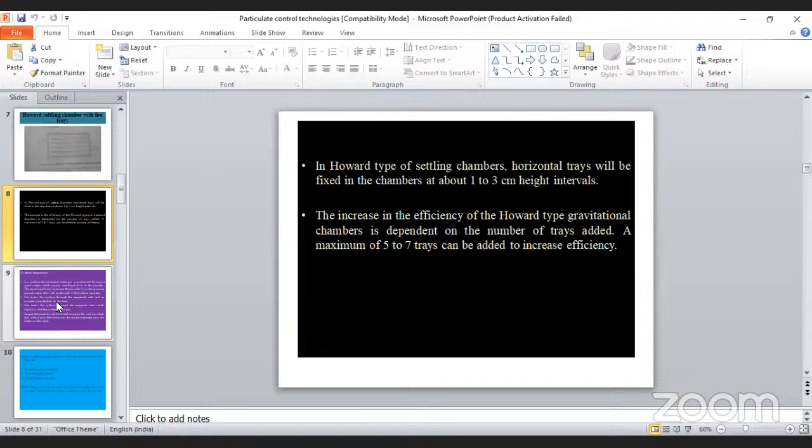This is not a very huge unit, and this multi-tray type also people are using many times. When it passes through, the only thing is they have to find out the way where it comes out. If it comes again, settles down and mixes with the process itself, it is not a good practice to eliminate the particulate matter. So the entire exhaust has to be connected, then the total gas stream will be purified from the particulate matter. Okay. Then the next one is,